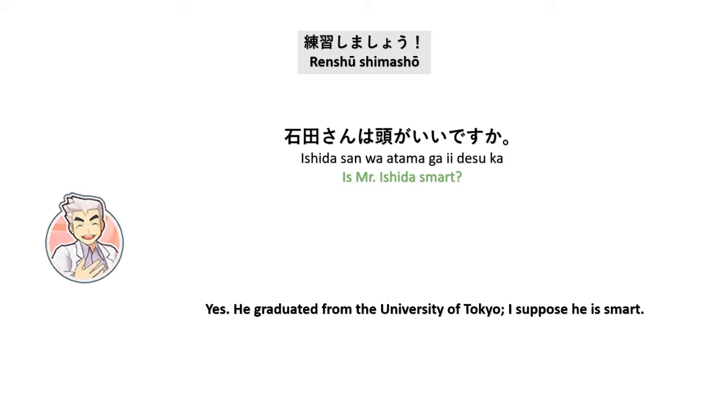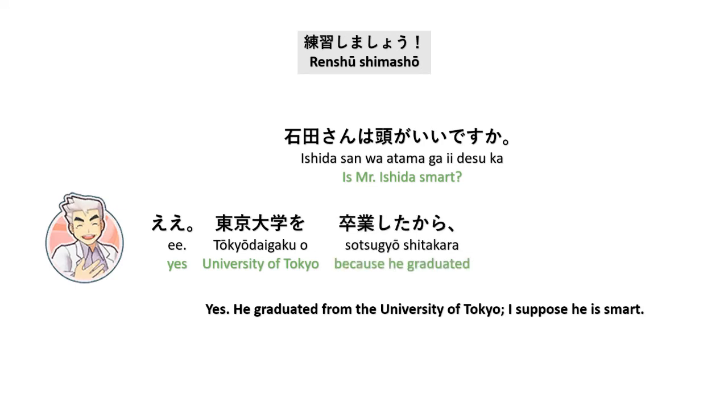Alright, let's practice. So we're going to say he's supposed to be smart for Mr. Ishida. Ishida-san wa atama ga ii desu ka? So we're going to answer, I suppose he is smart. Yes, he graduated from the University of Tokyo. I suppose he is smart. ええ、東京大学を卒業したから頭がいいはずです。Okay, so here we remove desu ka altogether. So 頭がいい and then add はずです。